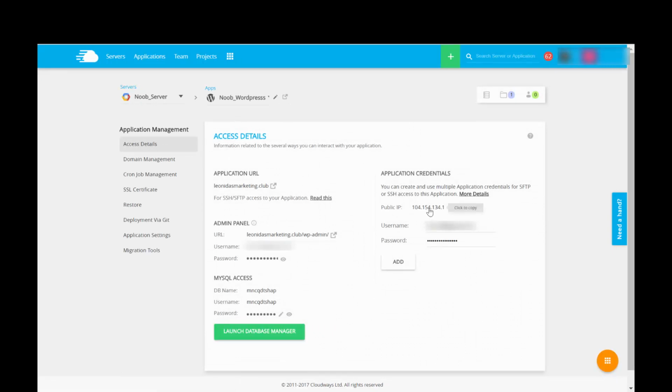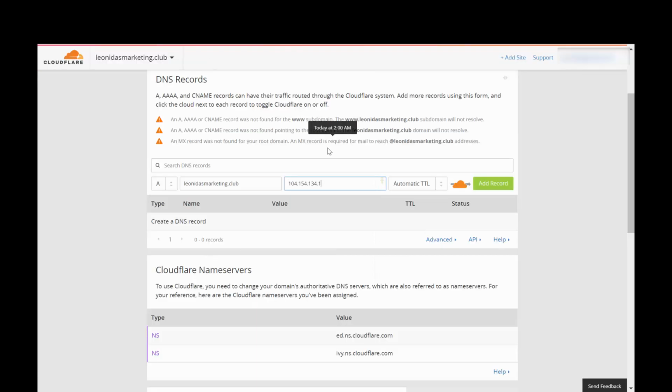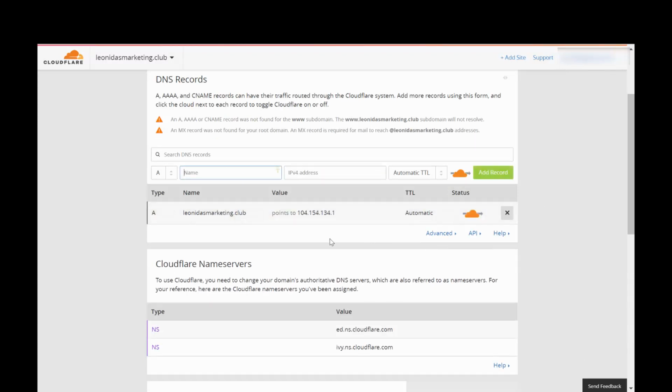is your IP address right there. So you can go ahead and just click on it and it'll say copied. We'll go back to our Cloudflare and hit add record. Okay, so now if you go to leonidasmarketing.club, it will go to this server, and on that server you simply